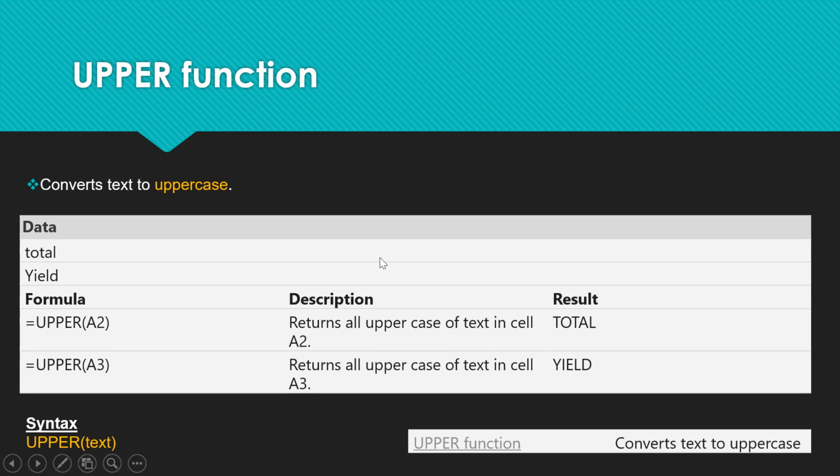Last time we learned something called PROPER. What is the difference between PROPER and UPPER? Can anybody tell me? UPPER changes all the characters to capital letters. How does PROPER work? We learned it. Somebody who understood the class should be able to answer this one.